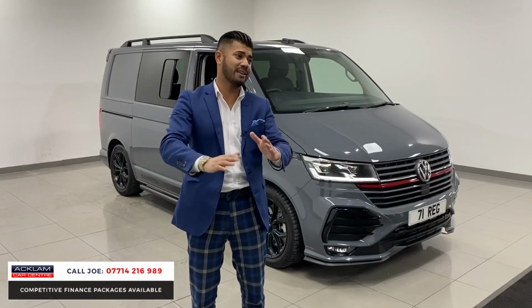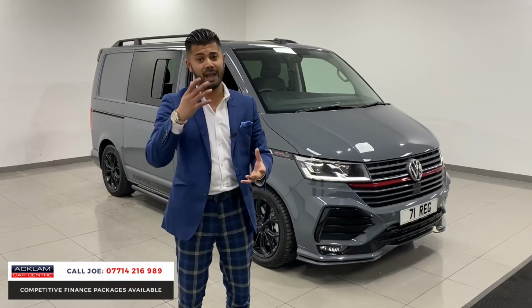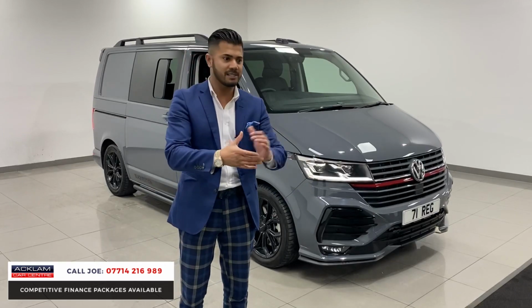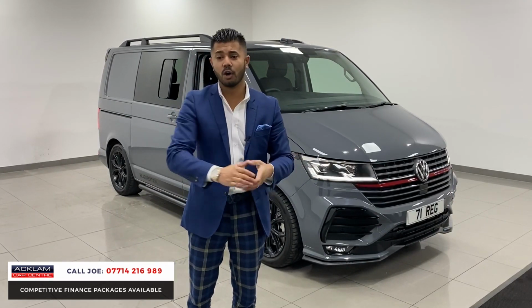And one big thing that I forgot to mention completely, this is a VAT qualifying vehicle. So if you have got a VAT registered business, you can claim the VAT back. Obviously it's a commercial van anyway, with seats in there. It is VAT qualifying. I should have mentioned that at the start of the video, but I'm telling you now,